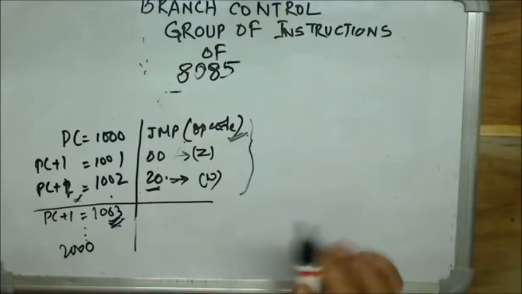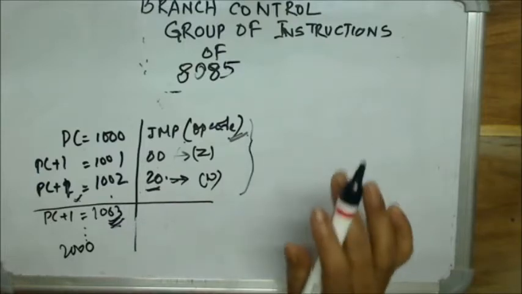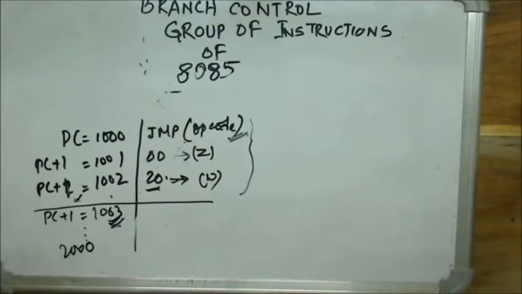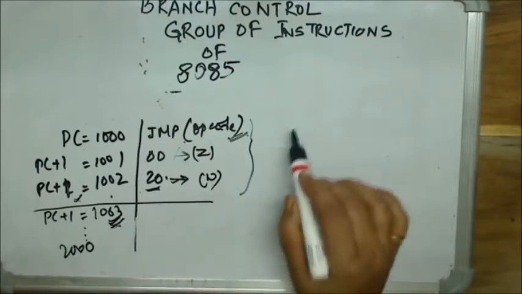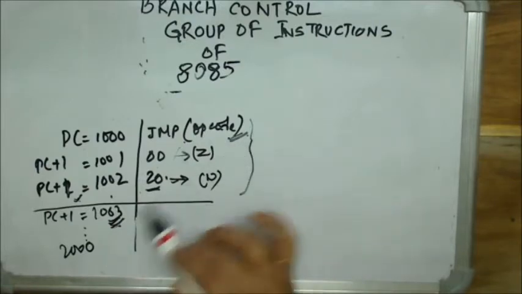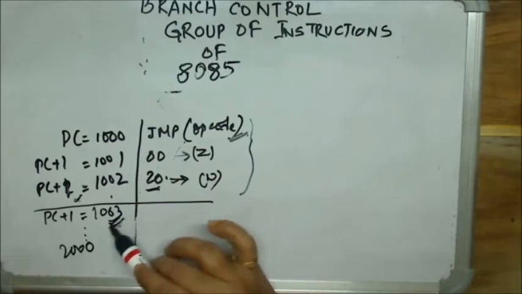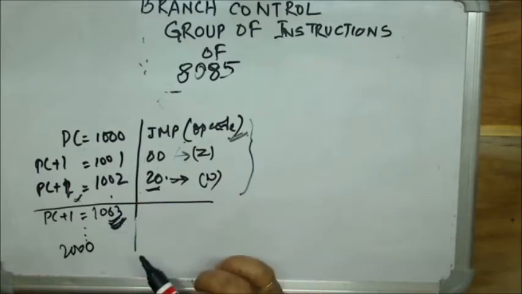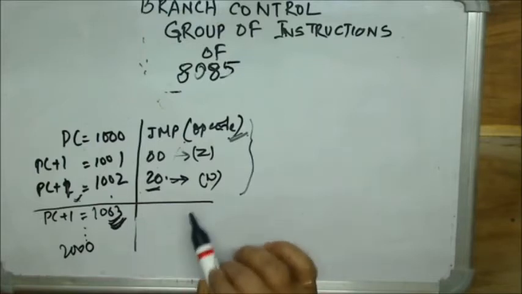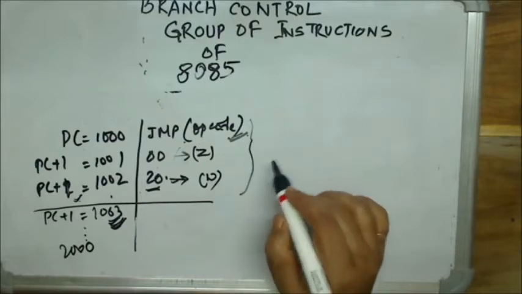Here the instruction is fetched and decoded, but it is not executed. Till now the instruction has been fetched, and the number 2000 has come inside the microprocessor and is temporarily stored in